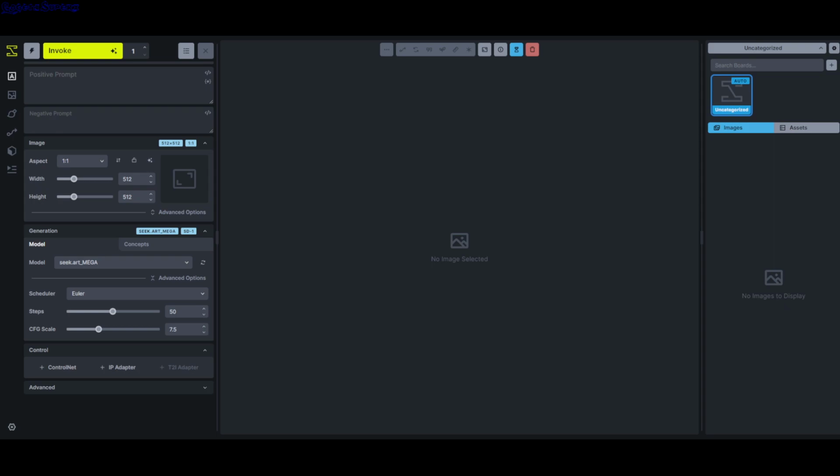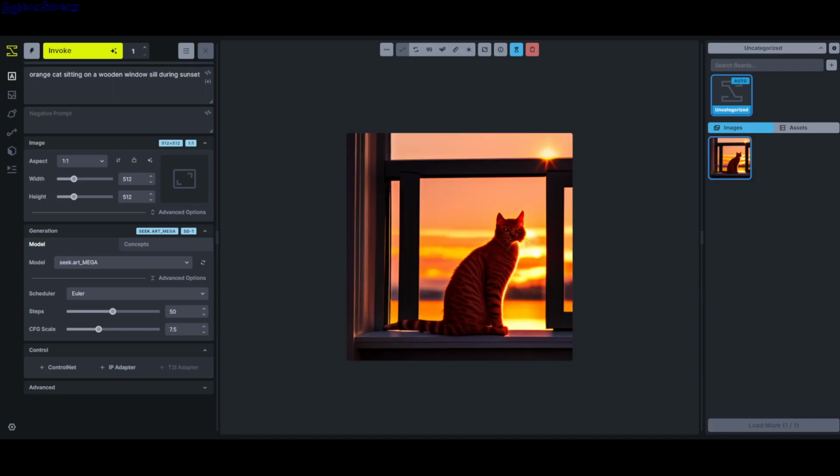And again, there's a lot of settings that you can change. I'll just go with default, the same prompt, orange cat sitting on a wooden windowsill during sunset. And I have to click invoke, execute, and let's see how it looks. And this is the finished product. Again, needs a lot of tweaking of settings to get a better image. Okay, well,